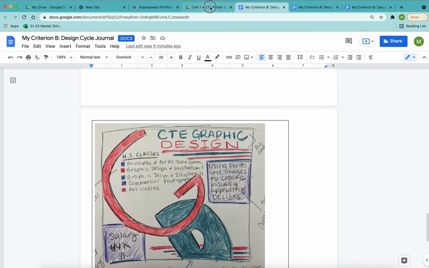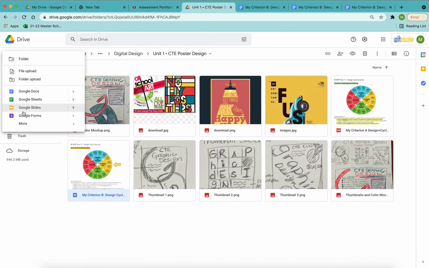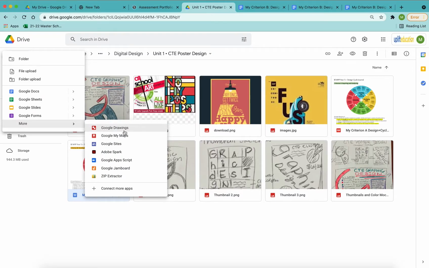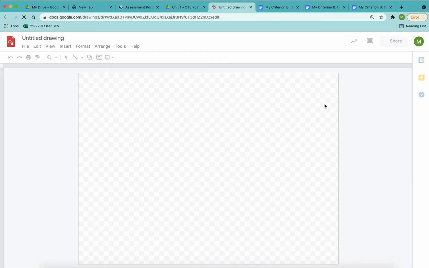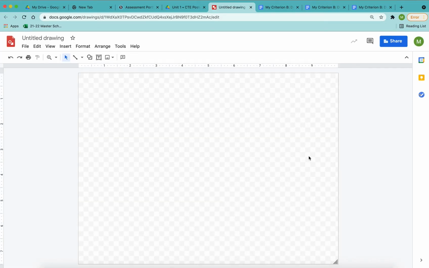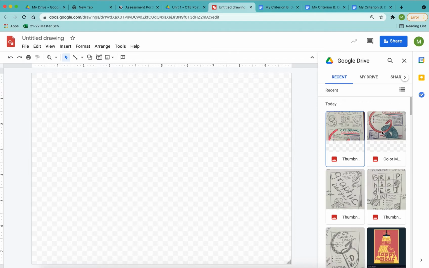So what you're going to do is go to your Google Drive, click New, and go down to More, and go to Google Drawings, Create and Share, and there is your Google Drawing page. All right, so the first thing I'm going to do is insert my mockup. So insert image, upload from Drive, and I'm going to insert my color mockup, insert,